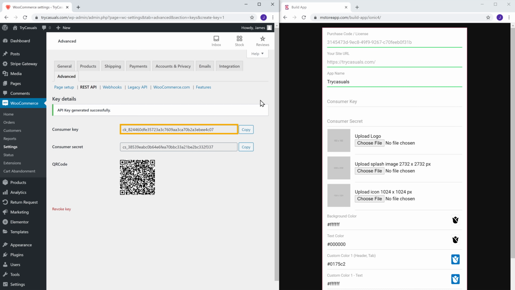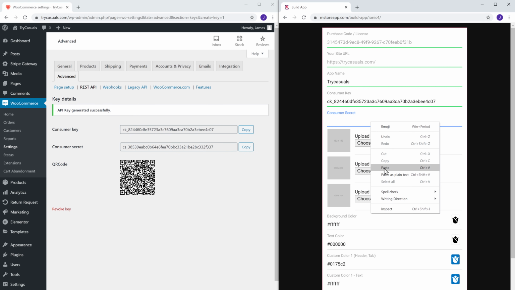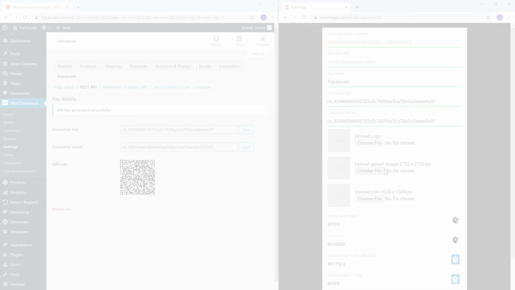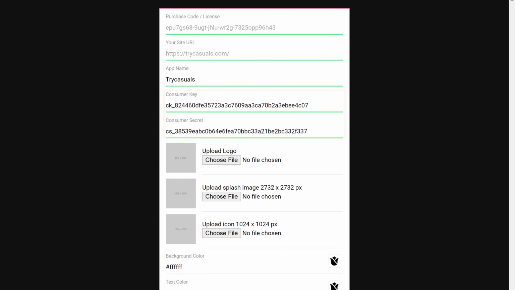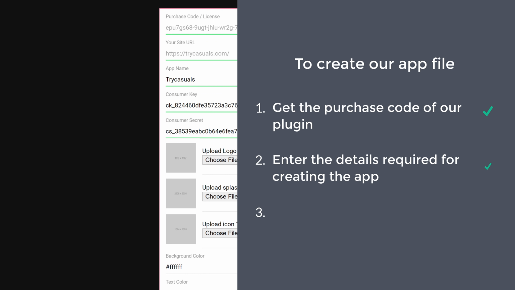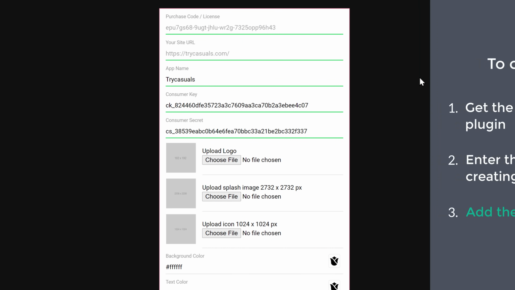So first let's copy this one and then paste it here. Next, let's copy this one and then paste it here. So once you have entered these 2 details, we can now go to step 3 of creating your app file, which is to add the logo of your app.